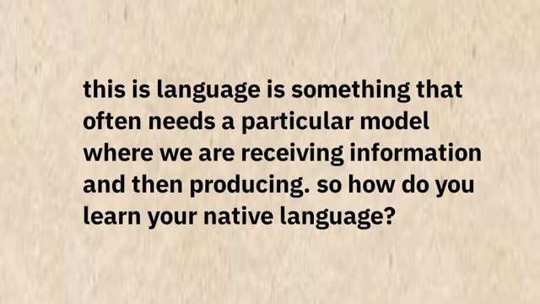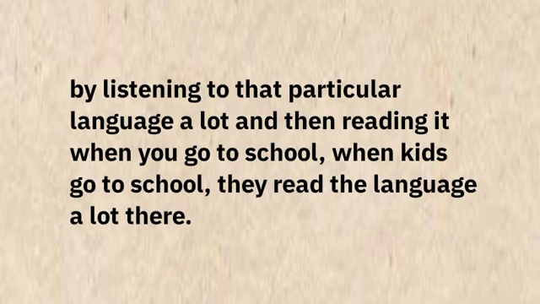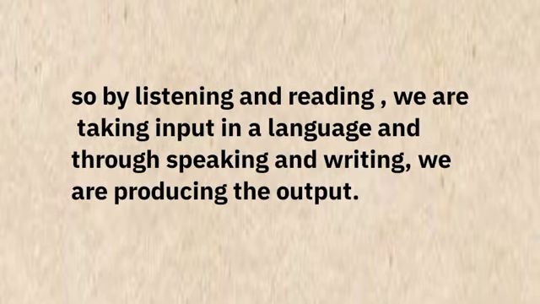So how do you learn your native language? By listening to that particular language a lot and then reading it. When kids go to school, they read the language a lot there. So by listening and reading, we are taking input in a language, and through speaking and writing, we're producing the